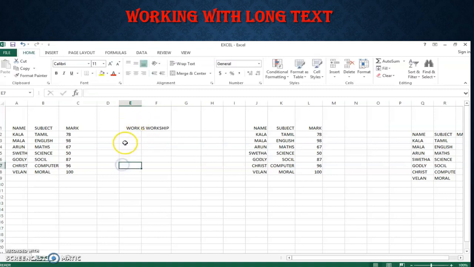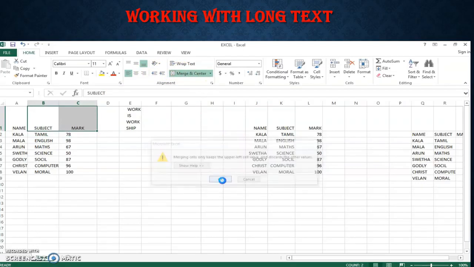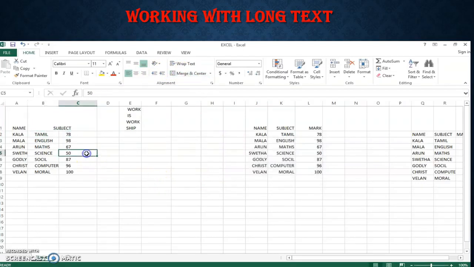Okay, now I am going to wrap the text. Listen. The sentence is too big. It occupies two cells. So while you are typing something, we can't see it properly because of this big sentence. That occupies 2 cells now, so we can't see properly. To make it clear, we have to use wrap text. Wrap text makes the whole sentence fit into a single cell, so it can be visible. Can you see? I'll show how it works.